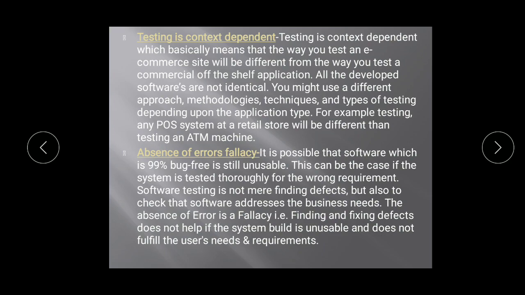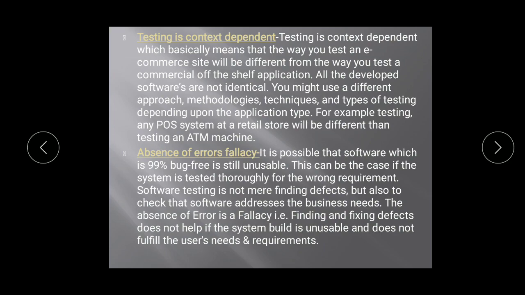All those things we have to check. Platform here means it's Java programming, C++ programming, C programming. All such things are taken into consideration while we apply a testing technique.